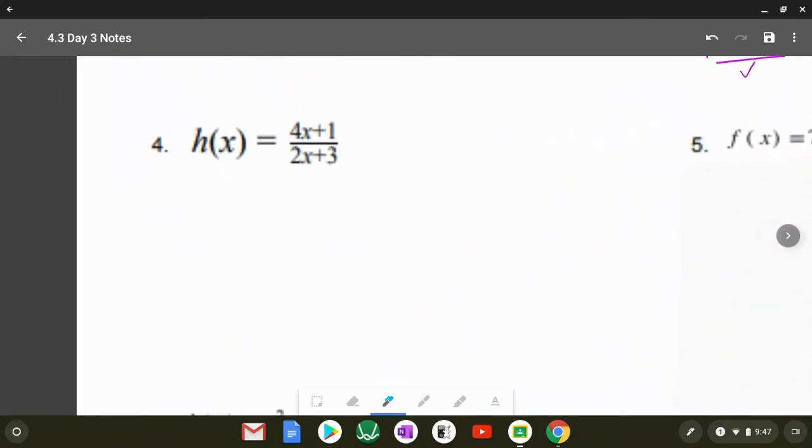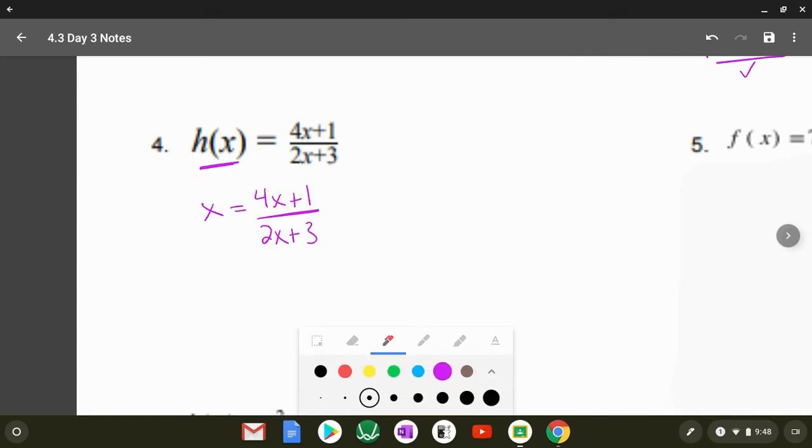Moving on to number 4, going again through the same process. I know it seems like it's starting to get repetitive, but we'll notice there's a little bit of a difference on this problem. We make our output equal to the input, and now we're going to make a big star